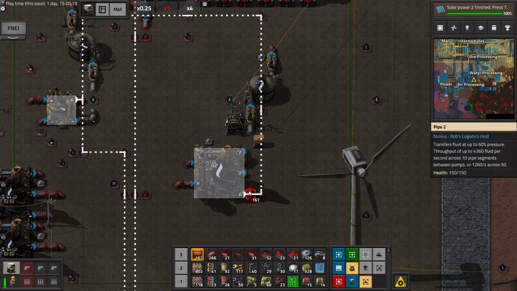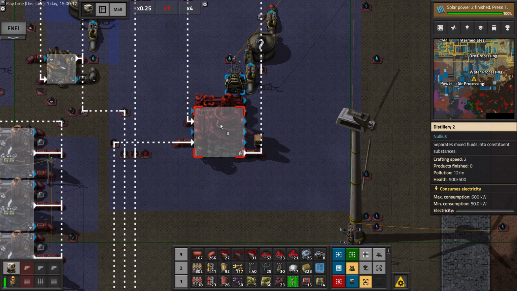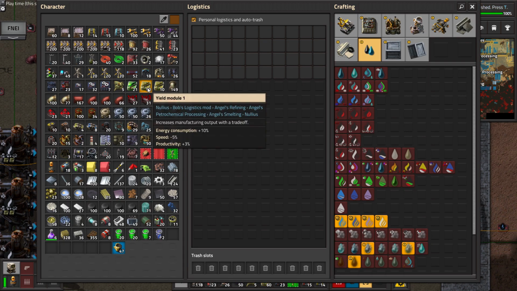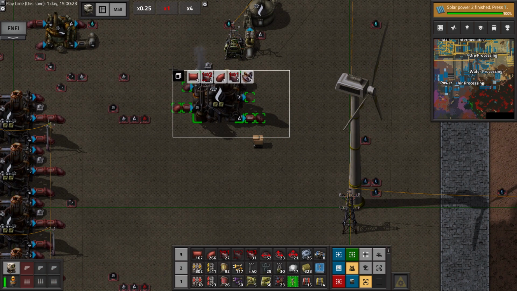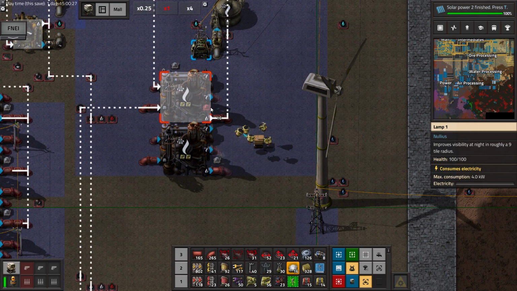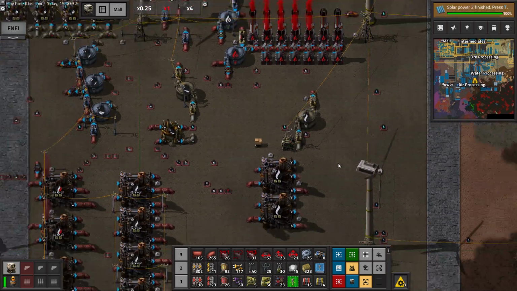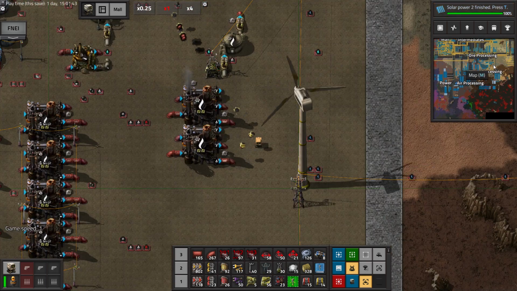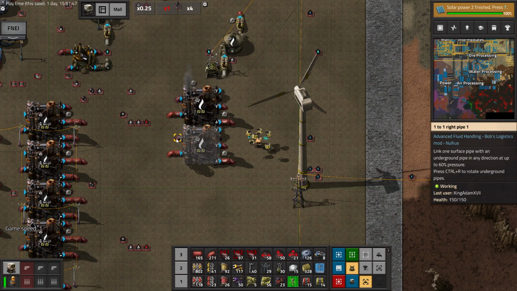And now I can hook this here. I can upgrade the distillery. I can put yield modules in it. And I can copy it down and put the lights. Okay, and then I go back to my mall and get my stuff. Okay, dokie. Looks like the distilleries are not quite working